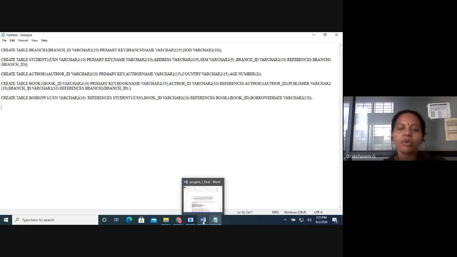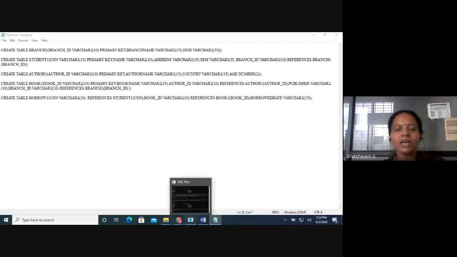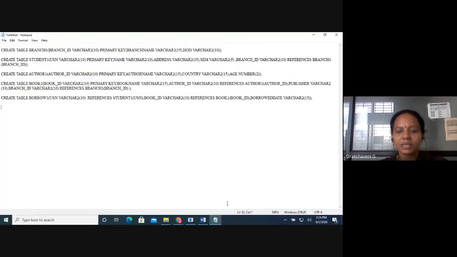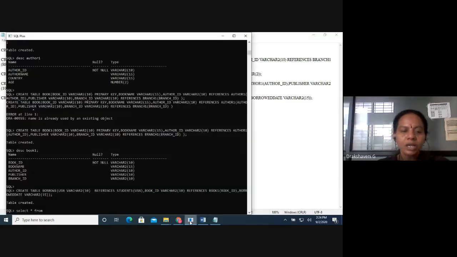So now we have one more thing. Somehow we have created the tables, now I have to insert. Suppose let me see what I have with select. What is the first table we have created? First table is branch. So select star from branch1.